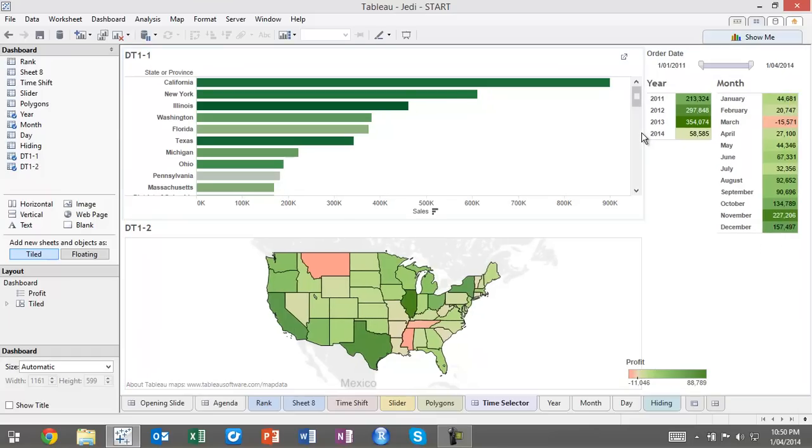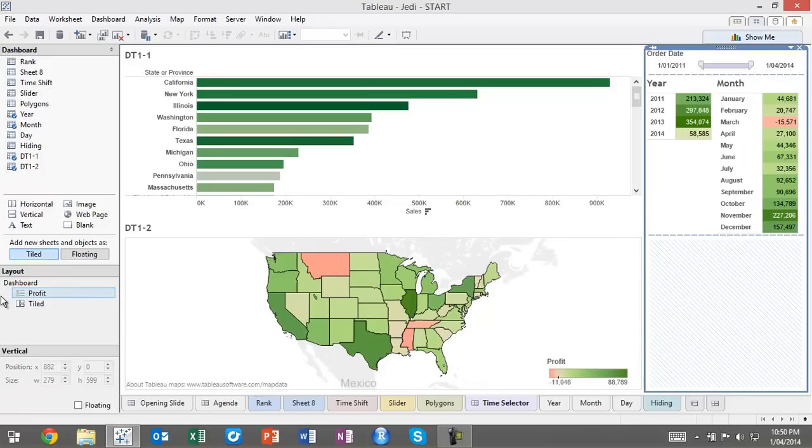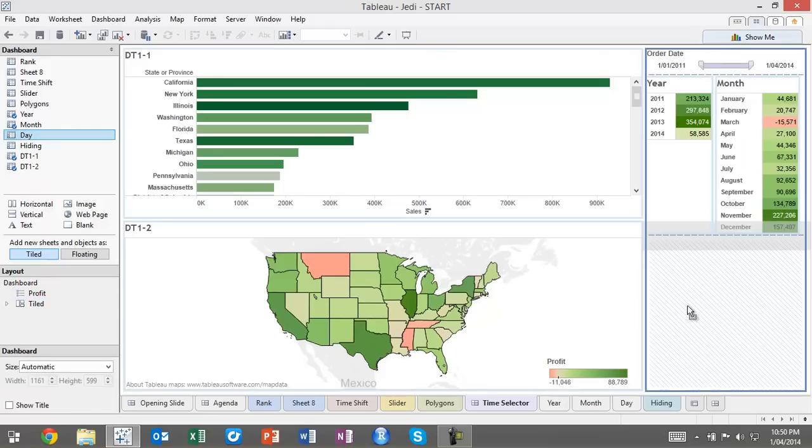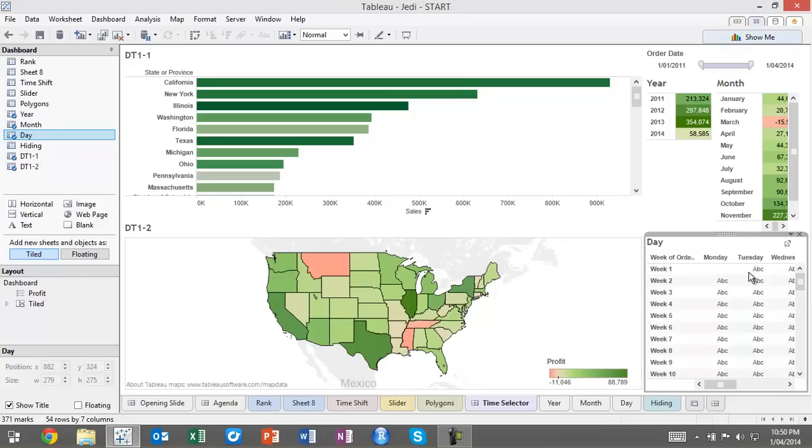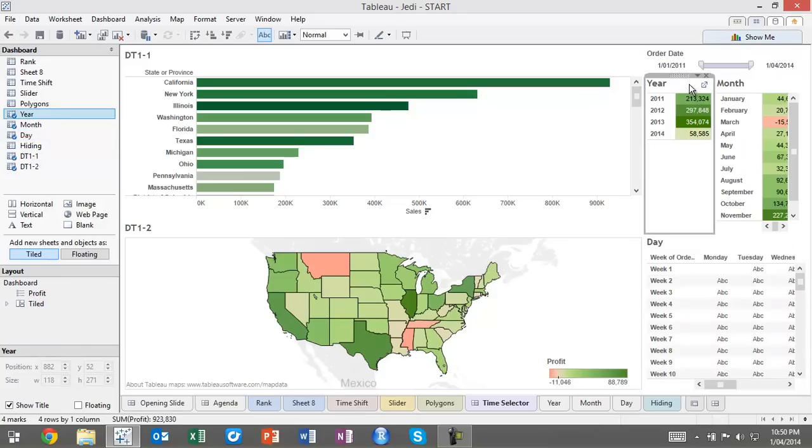Almost there. There we go, that looks good. So here's my year and my month side by side, and I'm going to have my day below it, like so. Now, let me just hide that. We don't need that. So here's my years, my months, and my days down here, and we can start to